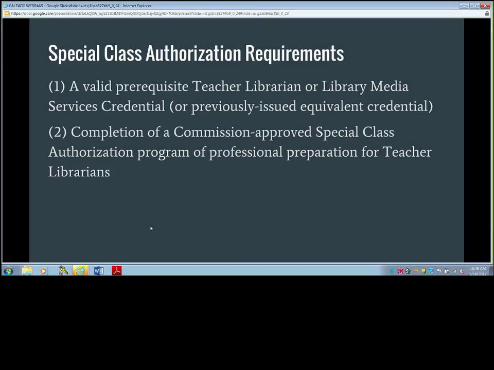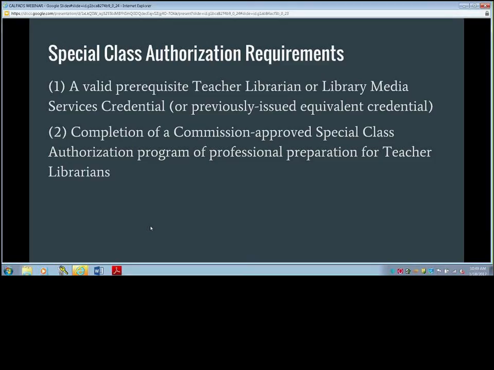Okay, so a follow-up on one of the previous questions was, these four librarians do have library media credentials and teacher credentials. So are they only reported as teachers this year until they get the additional credentials? And what I'm hearing based on that is they have the additional. So the library media credential issued by the Commission on Teacher Credentialing is just the same. It's the previous version of the teacher librarian credential that currently exists.